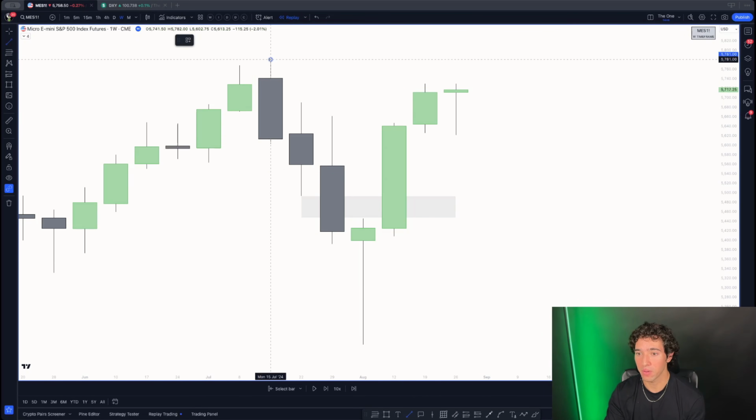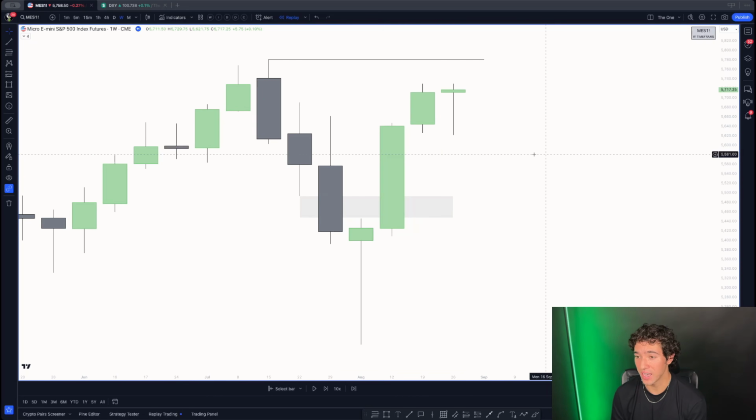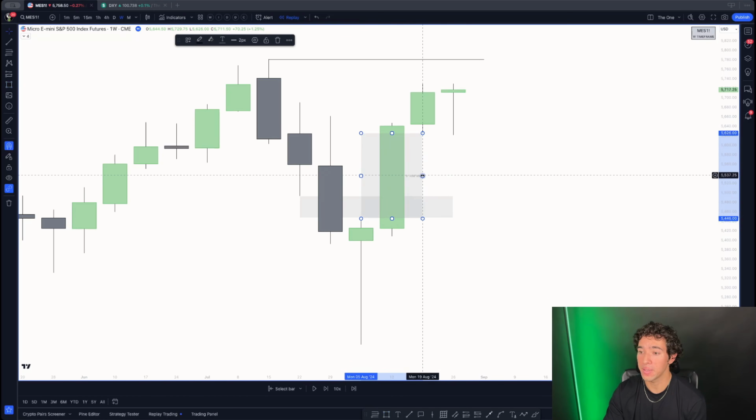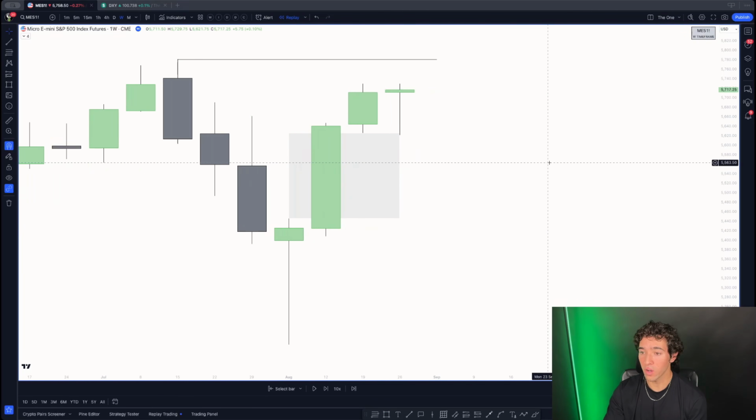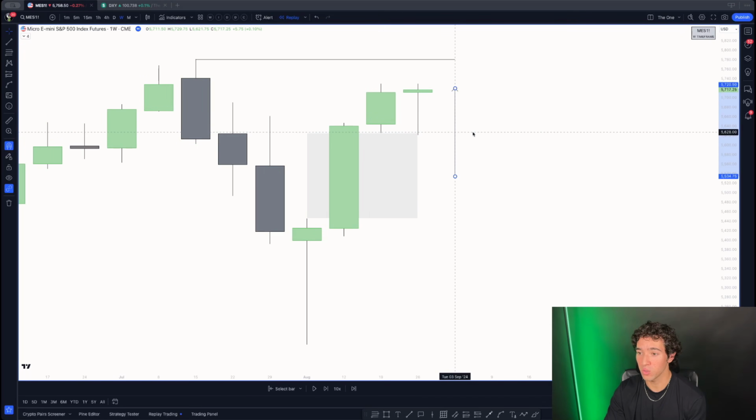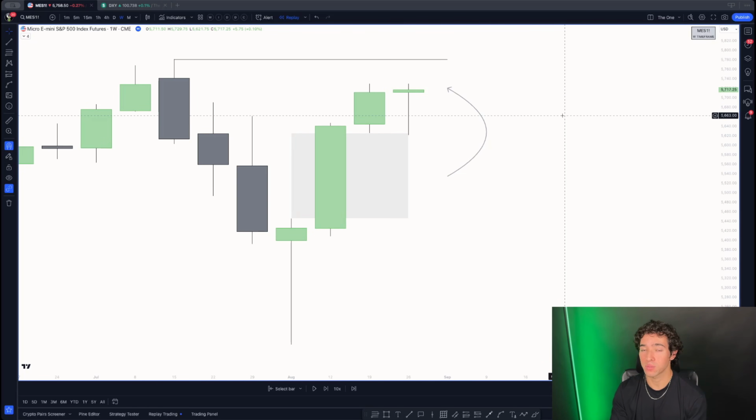We see that liquidity right here that we're drawing towards next, and we see an opposing PD array created via this weekly BISI, this bullish fair value gap right here. Now, what is this? This is weekly internal to external, IRL to ERL. Beautiful, very clean context we can work with and expect bullish trade setups to present themselves going into this next